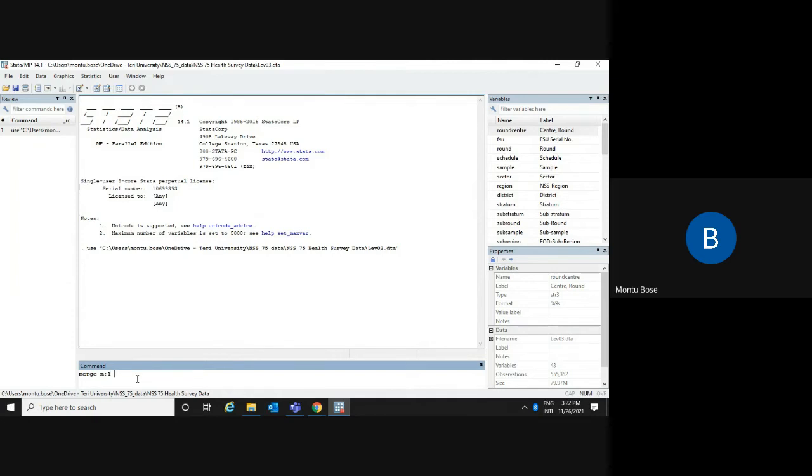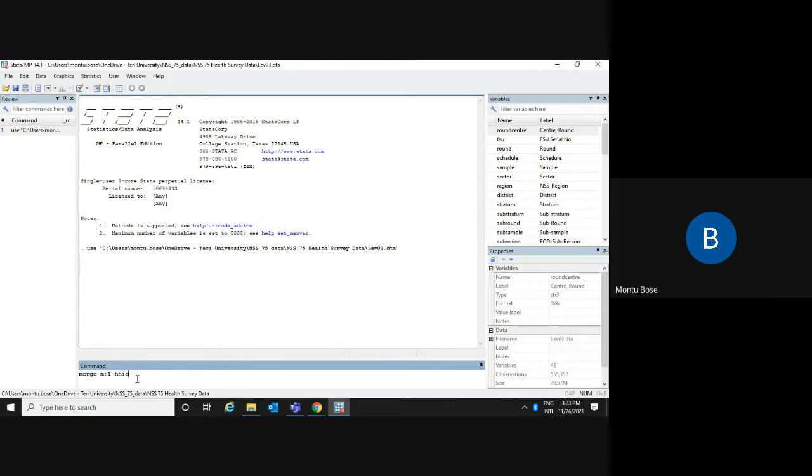Now the common ID we need to put. In our example we showed that household ID, that is HHID, was common for both files. So here also we have the same ID HHID, which is common for this individual level record as well as the household level record.